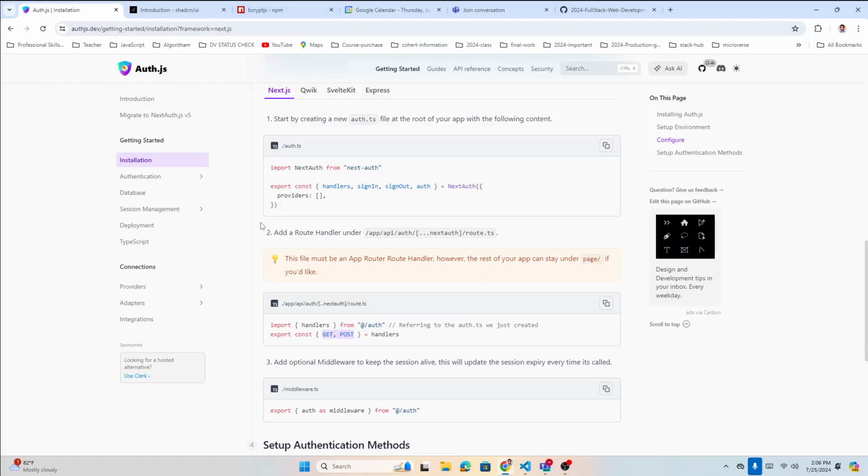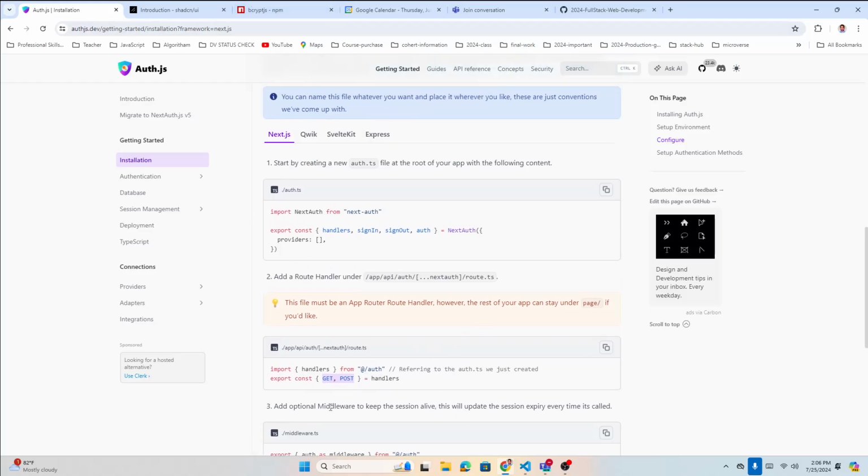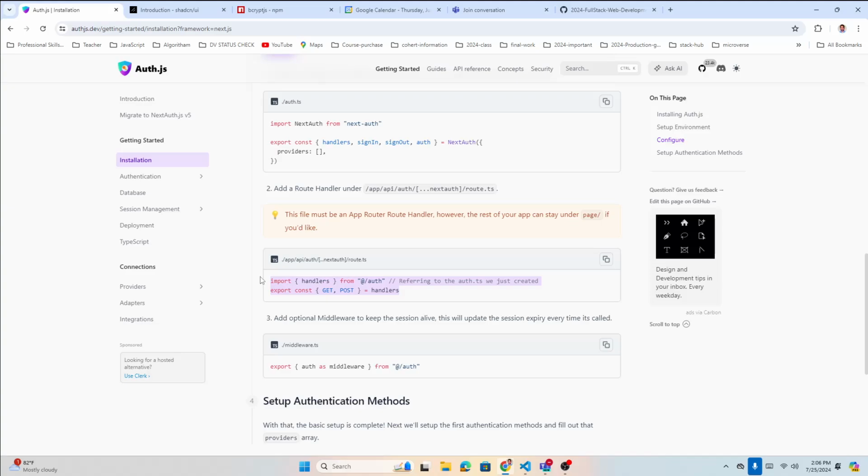So here we are not doing anything. Okay, it says we have the GET and POST route. Next.js will take care of the rest of the work. You just configure, right, all your providers, and maybe you add some sessions, you add some authorizations, whatever you have to do in this configuration here. You just do it. The rest of the work this will take care of automatically, right? So our job is to just copy this and place it in our